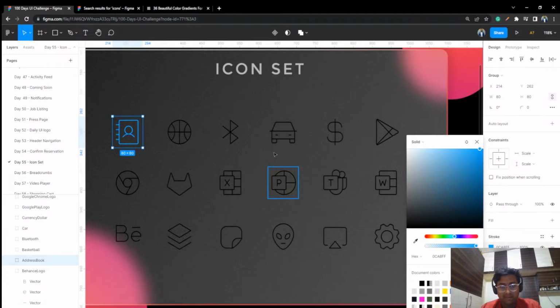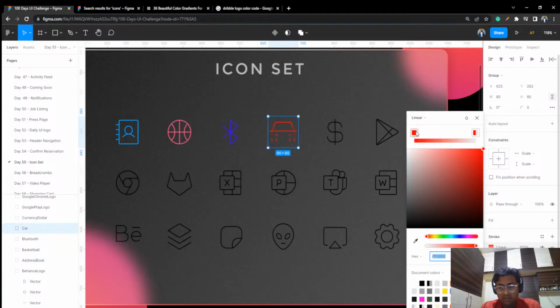And the car, let's make it a red in color. Let's give it a linear. I'll show you how you can work this out. This one can be a bit orange. This is just a green one. I mean, dollars is green. That's all I've known since the time I know dollars. This Play Store logo, right? So what I'm going to do here is